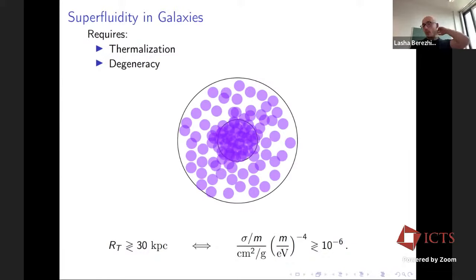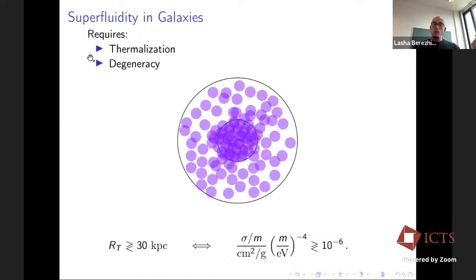Yes. So the idea in fuzzy dark matter is that they don't even interact. So you don't have thermalization, and you simply have particles with de Broglie wavelengths that are super long, right? So kiloparsec. So all the particles are extremely overlapping at all times, and you don't need any phase transition to argue that. So in any given volume, if you look at a region that is smaller than the de Broglie wavelength of this particle, which is a kiloparsec, it looks like a condensate because you just have super long wavelength particles overlapping with each other.